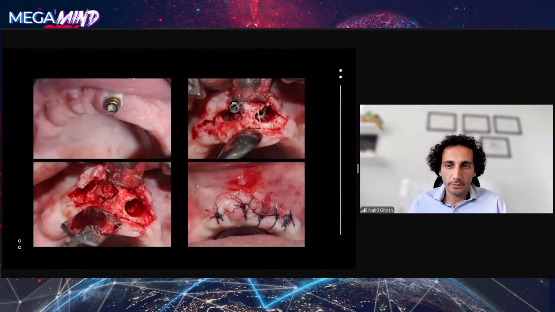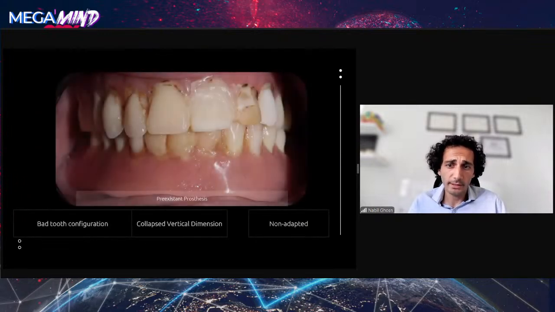This is the first step of the removal of the upper failed implants. And after the initial healing, we wanted to proceed with the patient preparation for the CBCT scan. The patient had a pre-existing denture, but this denture had a poor tooth configuration, a collapsed vertical dimension of occlusion, and it was non-adapted to the mucosa. So in this case, we had to replace it with a new one in order to use it as a